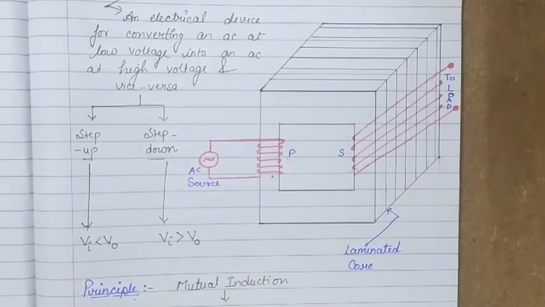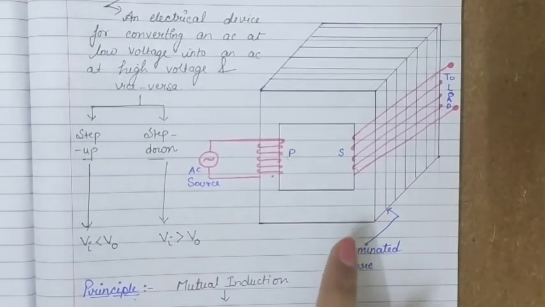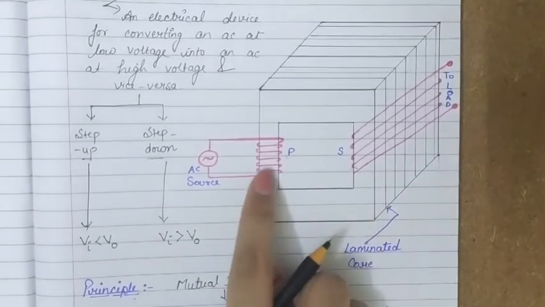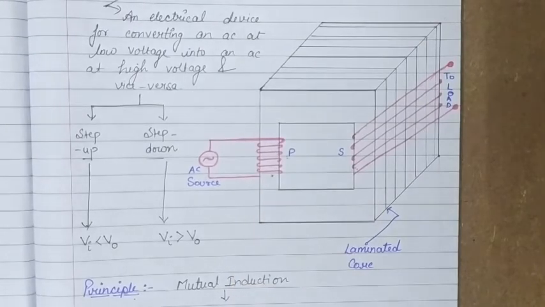Also, the material of core is soft iron, and because of the high permeability of soft iron, the entire magnetic flux due to the current in the primary coil practically remains in the iron core, and therefore it passes completely through the secondary coil. Since the core material that we are using is a soft iron core which is highly permeable, so because of that high permeability, जितना भी magnetic flux primary के साथ linked है, it will be retained completely in that core.